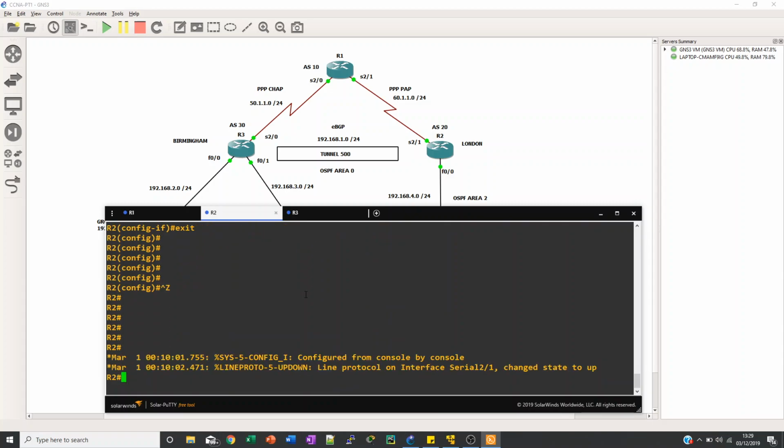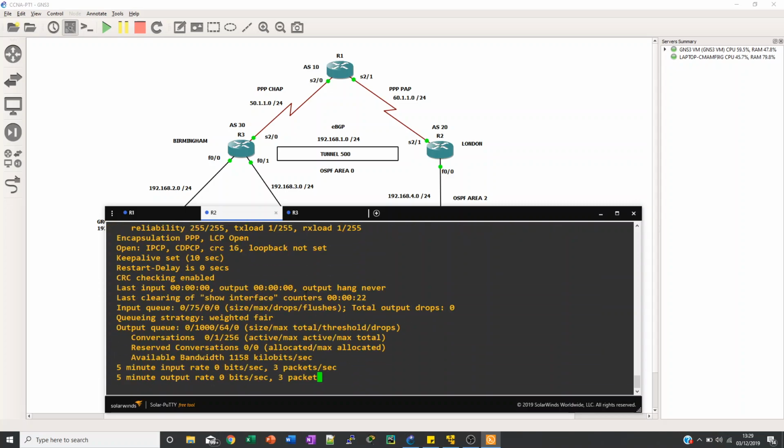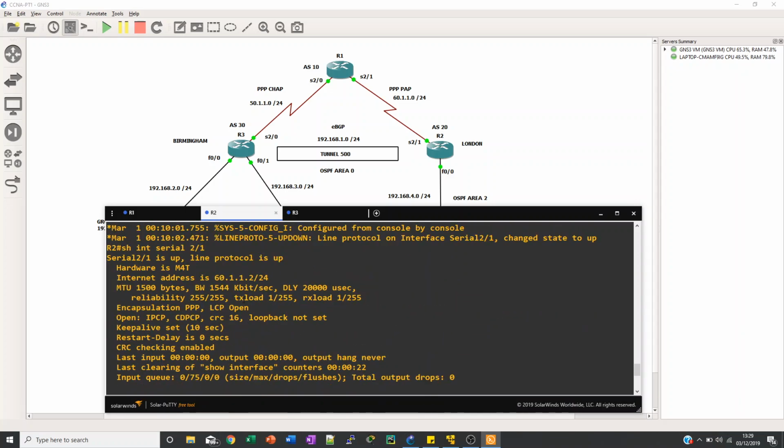So show, there we go. Show interface serial 2/1, and here we go. So up, encapsulation using PPP. LCP is open. This is what manages and negotiates the connection between the two. So we negotiate the features which you're using, whether this be multi-link, callback, just no other features apart from PPP itself, or authentication. Then we go to the authentication phase, which is phase 2, and we authenticate between the two,